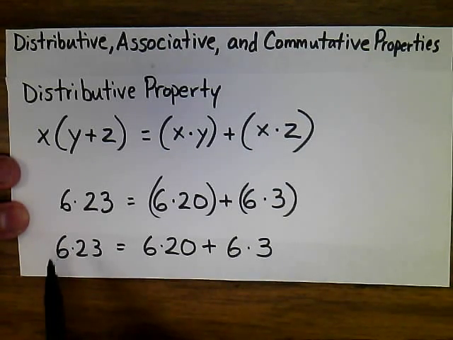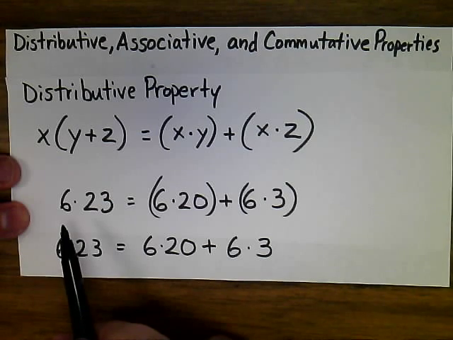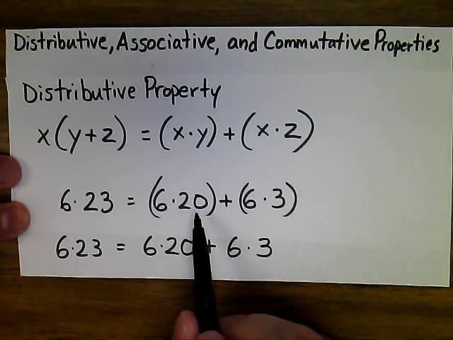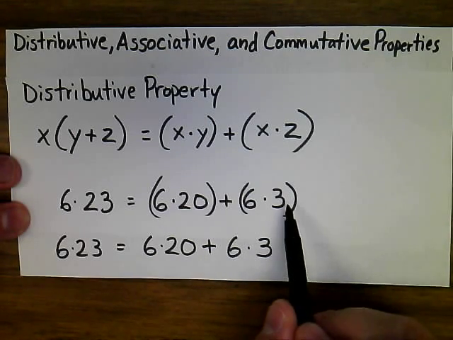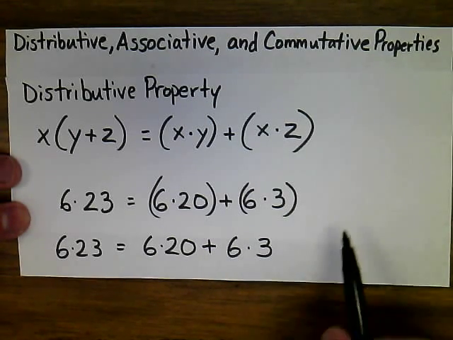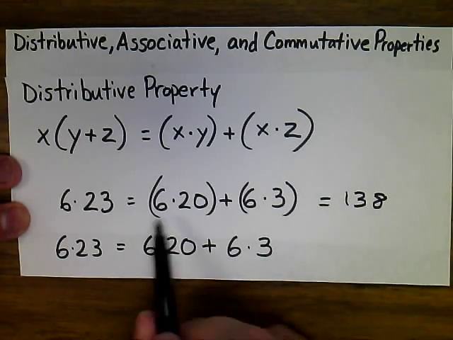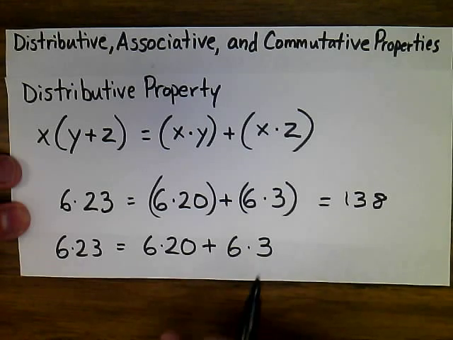Using numbers, the same thing could happen for mental math. If I needed to multiply 6 times 23, in my head I know 6 times 20 is 120, and 6 times 3 is 18. I can add those together to get the answer of 138. By taking it into those easier to digest pieces, you can solve larger products by using the